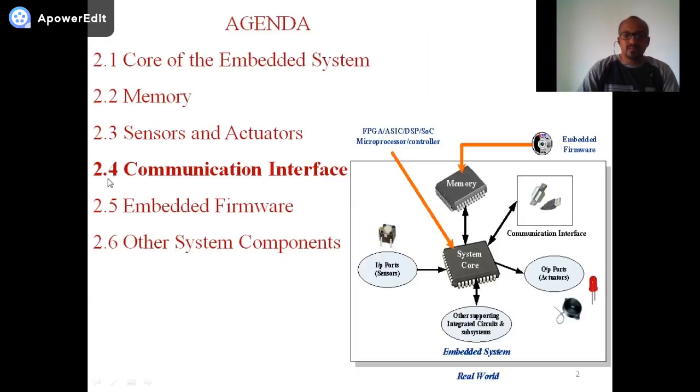So, you take any embedded system, which is made up of 6 components built around the core, and the main component in any embedded system is the core. To help support this core to communicate with all the external peripheral components and the real world interface, these communication interface protocols were implemented to help the embedded system